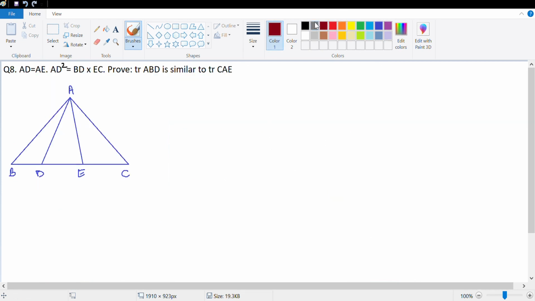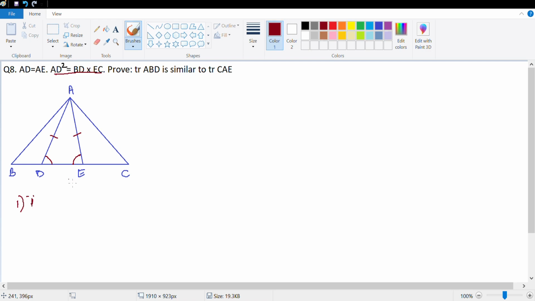Question number 8. It says, as per the question, AD is given equal to AE, which means AD and AE are equal, which means triangle ADE is isosceles, which means angle D here and angle E here are equal. Now, what we need to prove is AD square is equal to BD into EC. Let's see, what does this mean? It means number 1 is